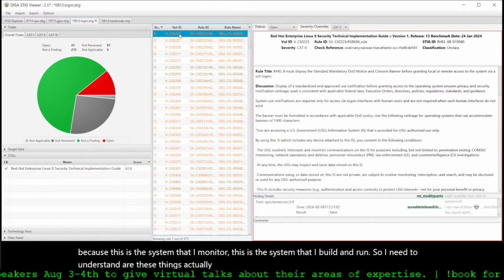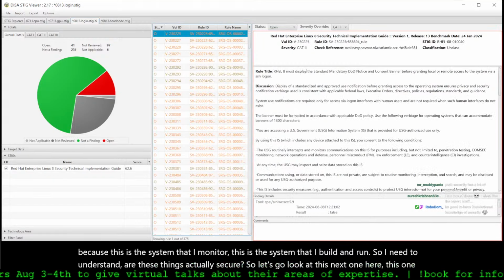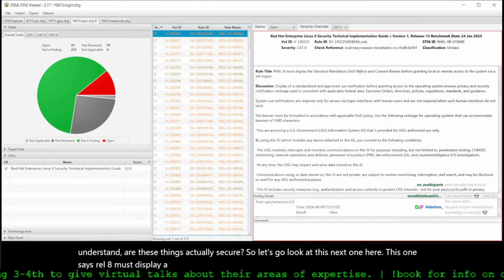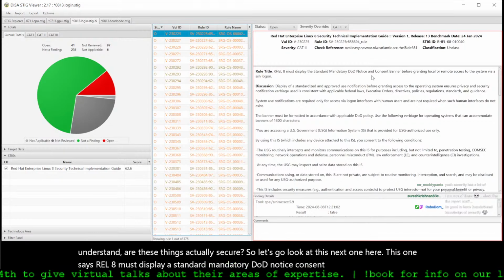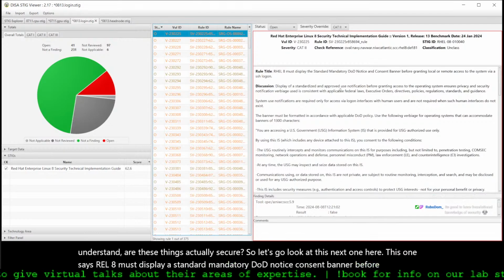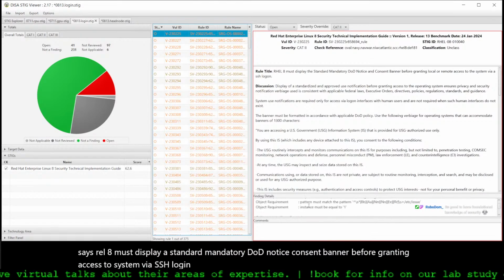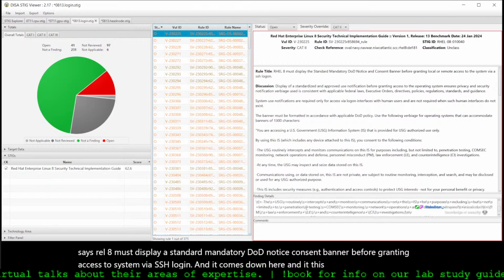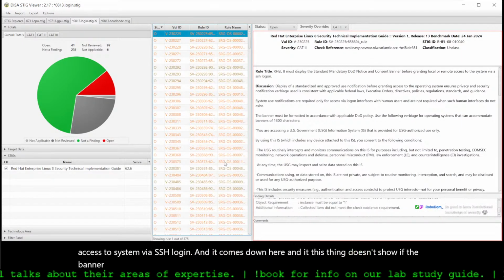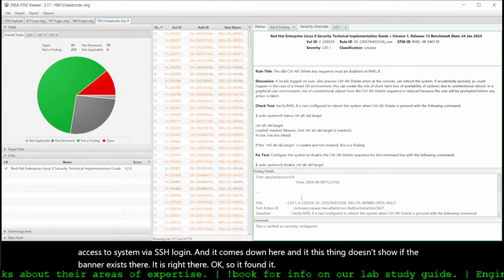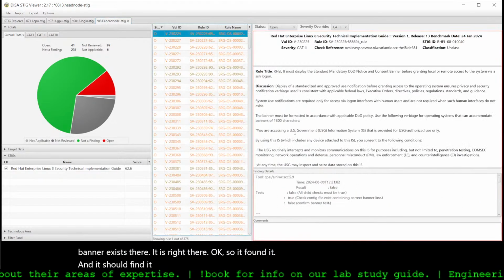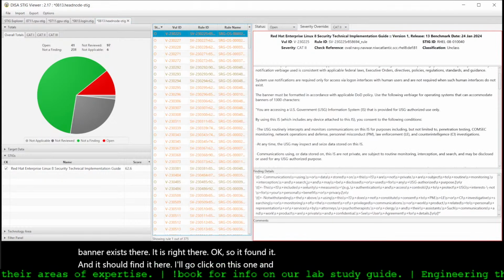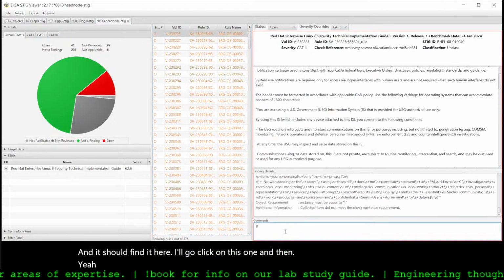So let's go look at this next one here. This one says RHEL 8 must display a standard mandatory DoD notice consent banner before granting access to the system via SSH login. And it comes down here, and this thing doesn't show if the banner exists. There it is right there. Okay, so it found it, and it should find it here. I'll go click on this one, and then, yeah. So banner exists